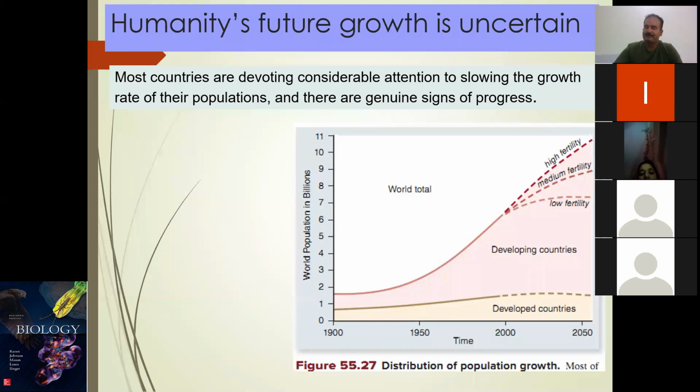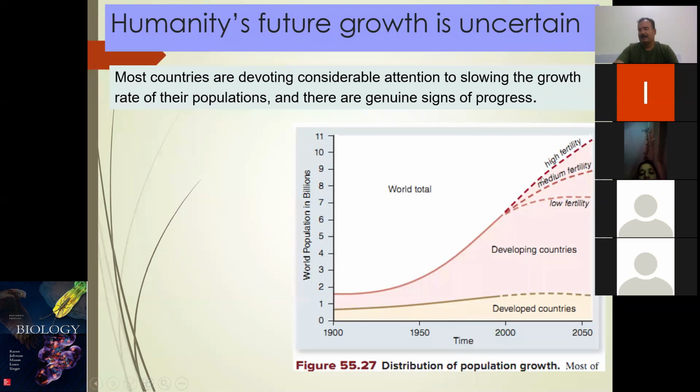If such programs become successful in reducing human fertility, good; but if we fail to manage the human population, then it will rise to 11 billion in